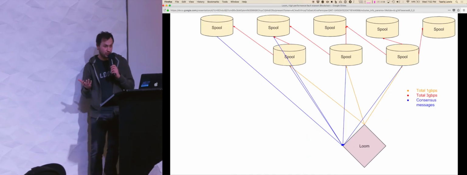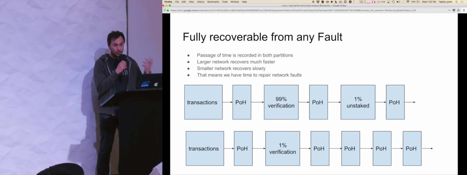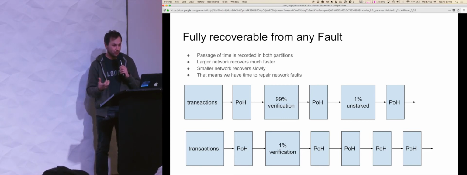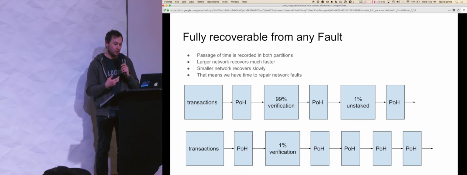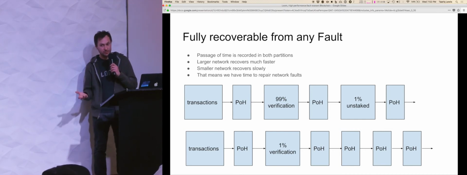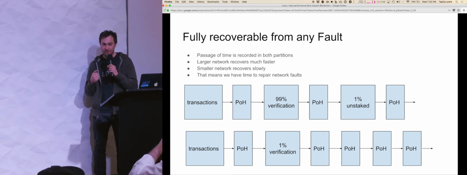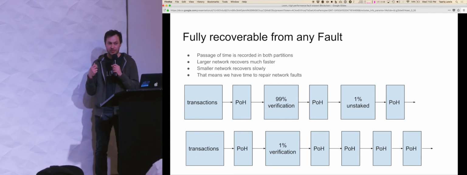We have two historical records, right? The verifiers have to pick one or the other, and when they pick, they take the last observed hash that they've seen, they sign that transaction with their identity, which represents some of their voting power, and they submit it into the historical record. So now they have to pick one or the other, because if they try to pick both, then anyone that presents their signed message of picking two different historical records to a historical record can cause their bonds to be slashed, which means that their voting power gets removed from the system, and that's a loss of